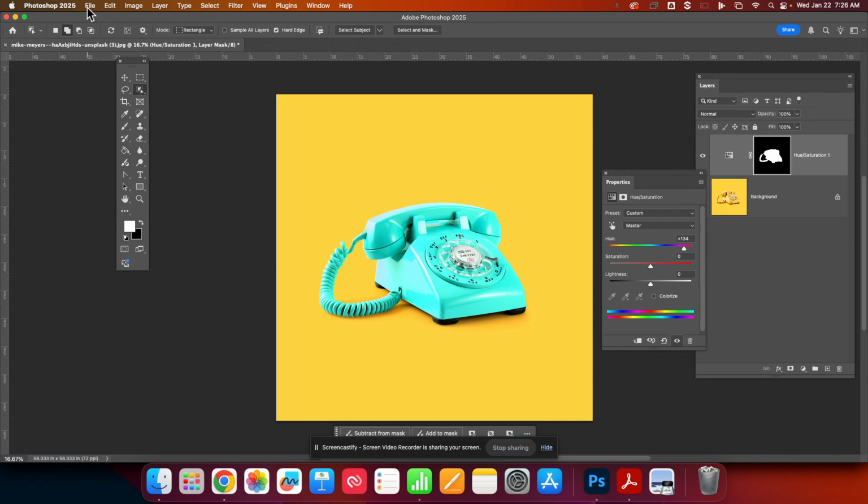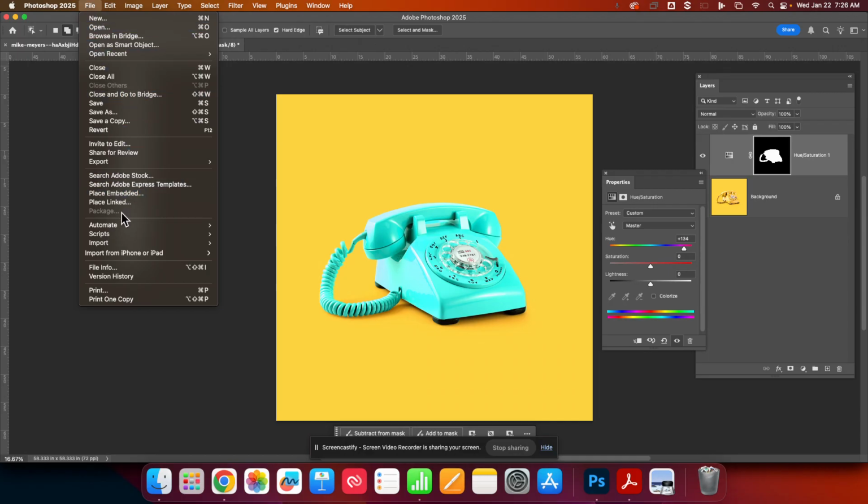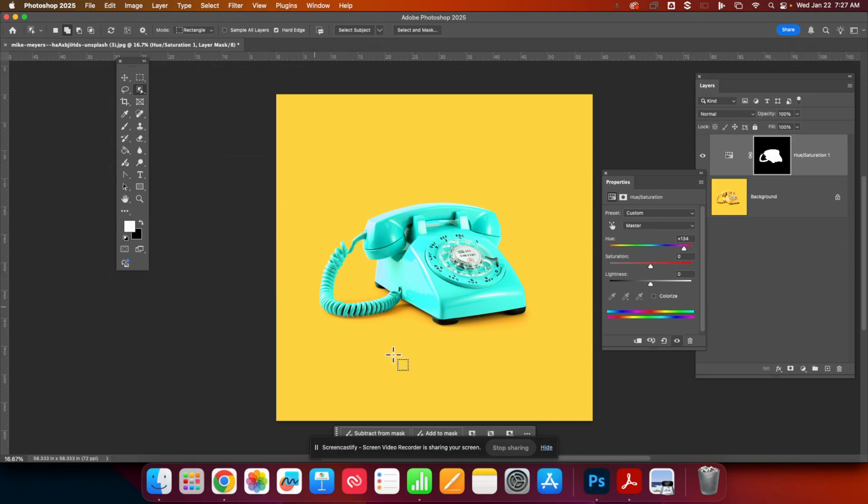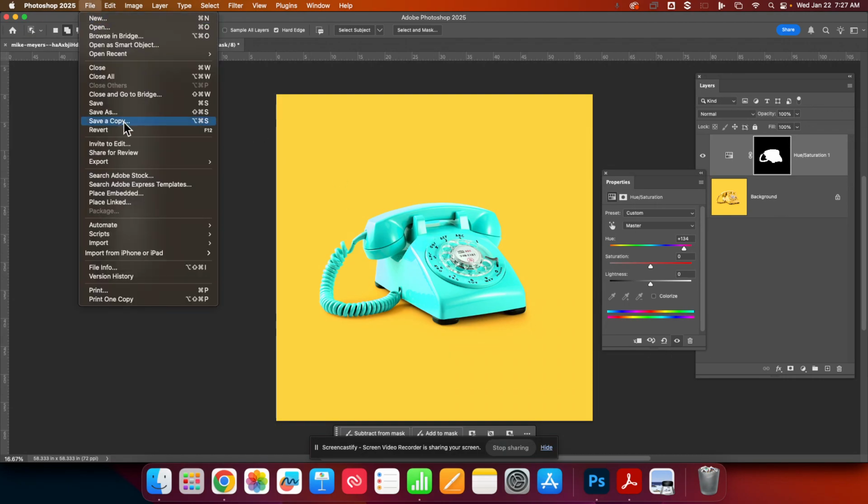So I'm going to go ahead and save this file, or I'm going to export it, I'm sorry. So I want you to do that. I want you to select it using the object selection tool, add an adjustment layer, doing hue saturation, and just change the color of the phone. You're going to export this file,